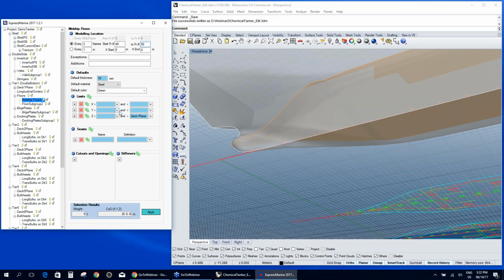And we need to set the limits, for example, y larger than shell SB and less than shell PS. And the Z is predefined to be less than deck 1 plane, which is the tank top. So if we apply this,